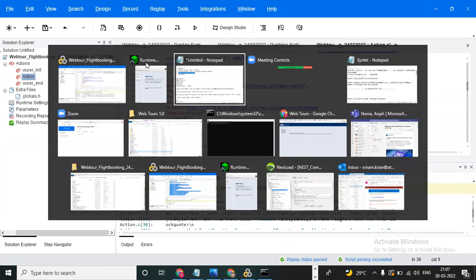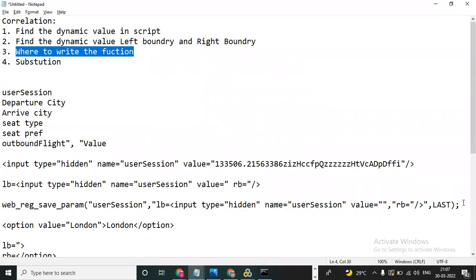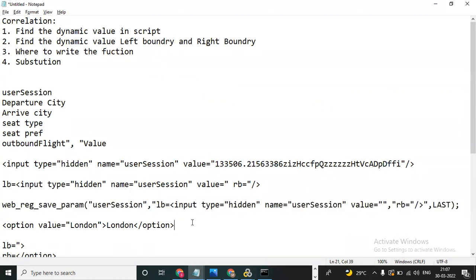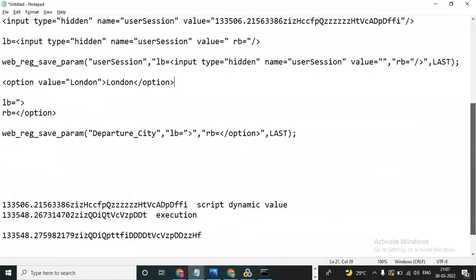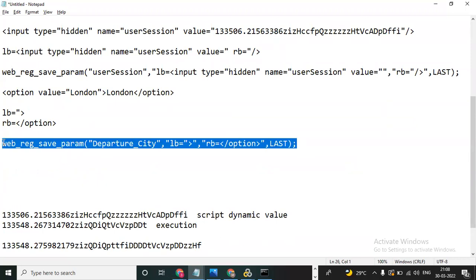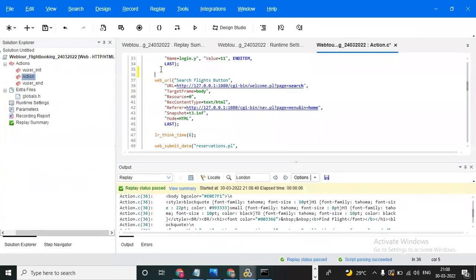So now you can copy this value, not this one, right? Okay, this one. Okay, come down. Now you can copy this, go here and paste it where you write the function.